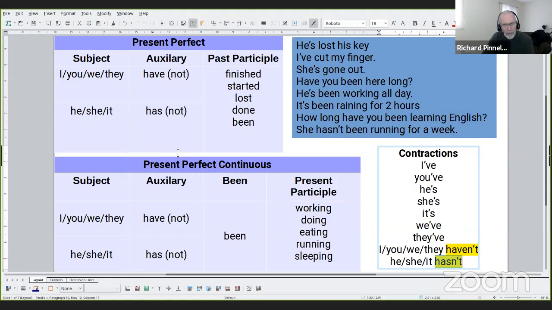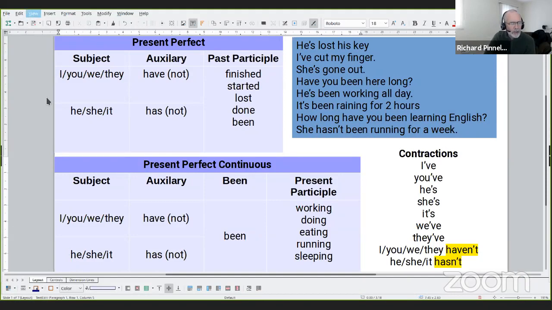Now down here we have the present perfect continuous, which is similar. First of all, we need the subject, same as the present perfect. We also need the same auxiliary. And then we need the past participle of the verb be, which is been, followed by the present participle of the main verb, which is the main verb with ing. So examples of the present perfect continuous are: I have been working, you have been working, we have been working, they have been working. And if the subject is a he, a she, or an it,